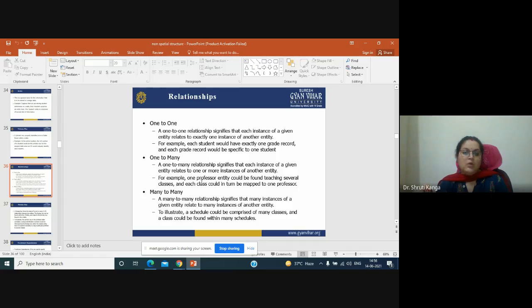Then the relationship, one to one: one student can be allotted a single ID. But one student may have a relationship with many courses under the same ID. Rahul may study maths, geoscience, and digital image processing, but his SID will be allotted only once. So this ID may be related to many subjects. Okay, so that is called one to many.